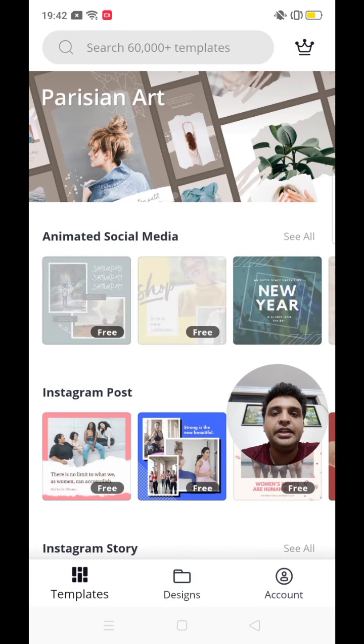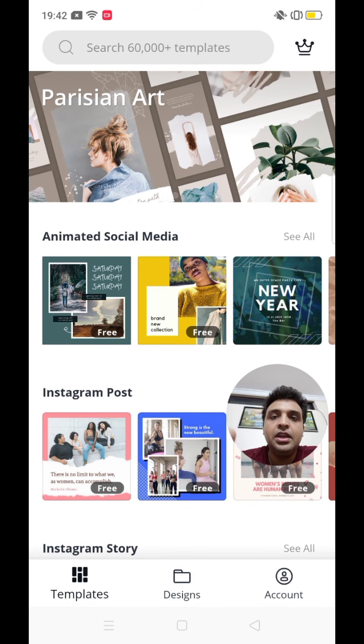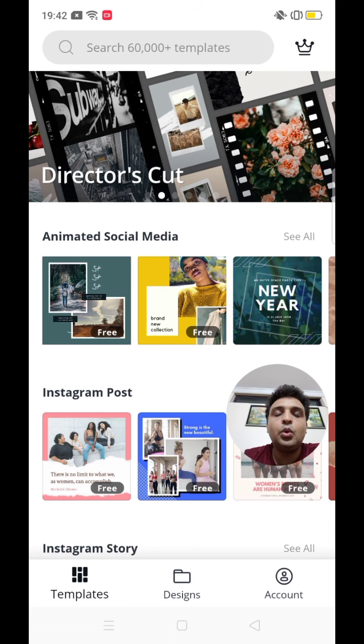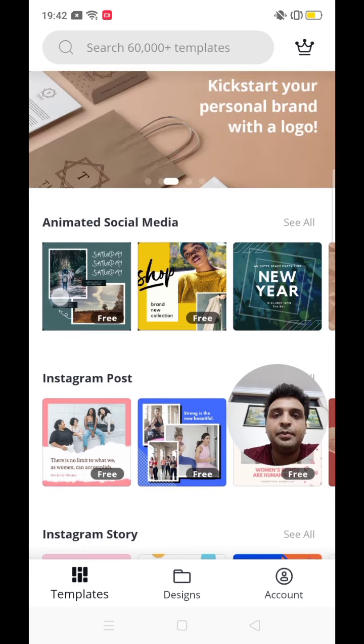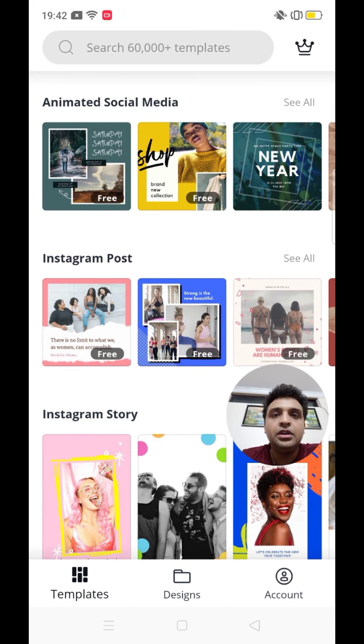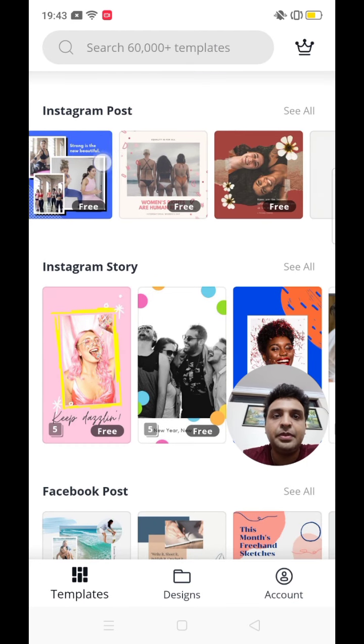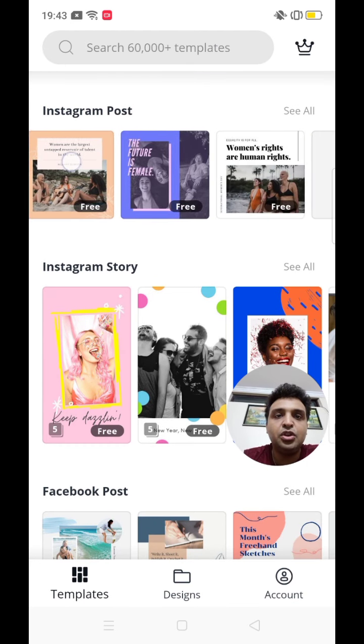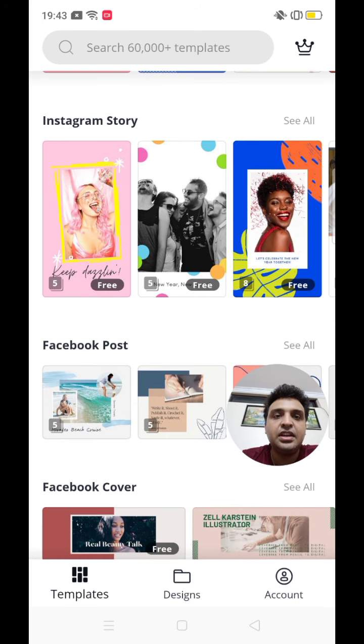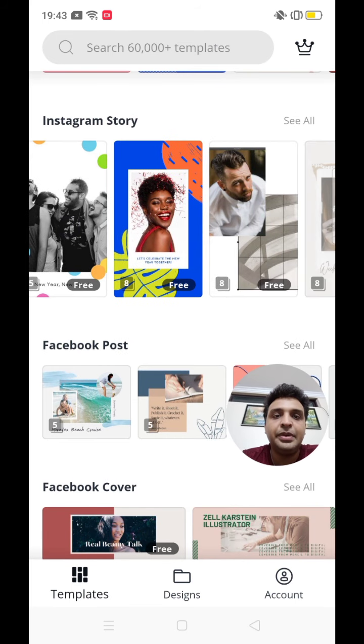You just click on templates, and here you see there are humongous templates, and quite a few of them are free. So you have animated social media posts, which are nothing but Instagram posts, and then Instagram post ideas in terms of templates that are readily available, which you can use in your posts. Then you have Instagram story templates.